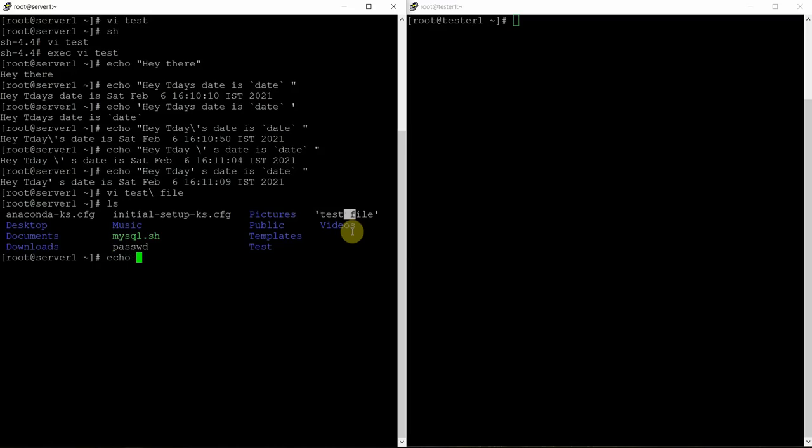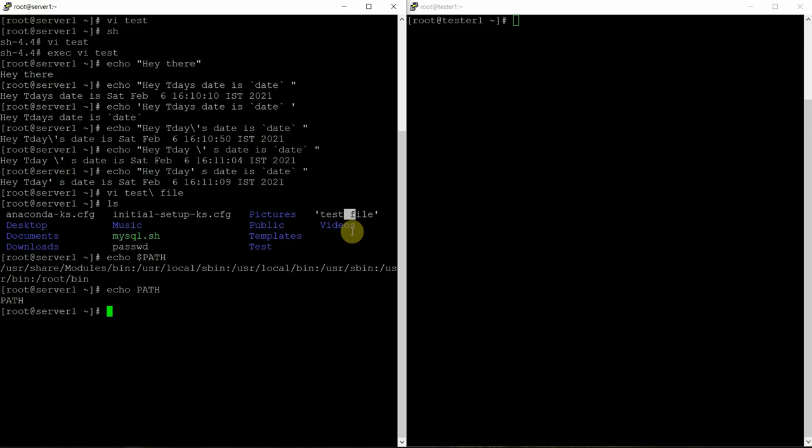So this is the echo command to display. You can also use variables. If you have some variable like path, it will display the value of the variable. It will not display the value if you don't include the dollar sign; it will display it as it is. If I type a is equal to 10 and I type echo a, it will not display the value. But if I type echo $a, it will display the value of the variable. Echo command is very powerful to display the content as it is, or to display something on the terminal, or echoing back.